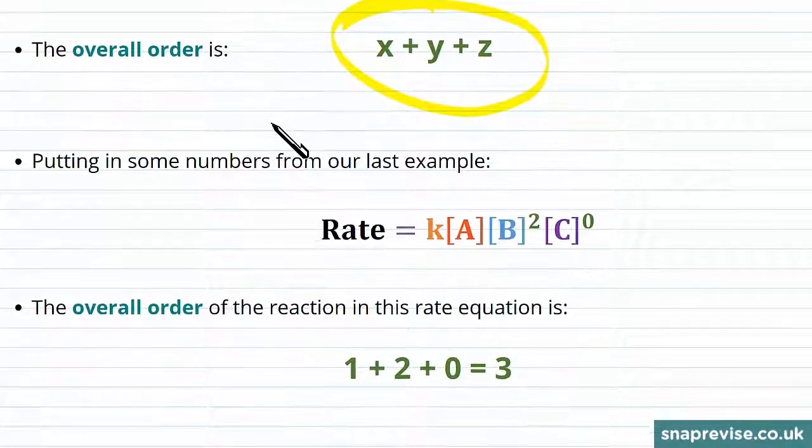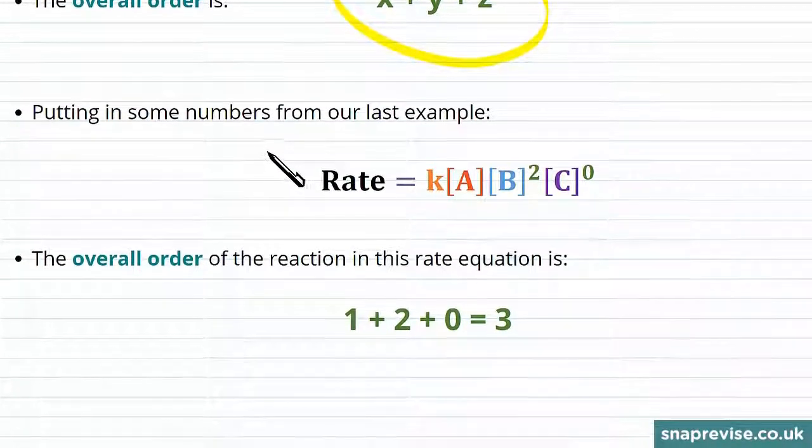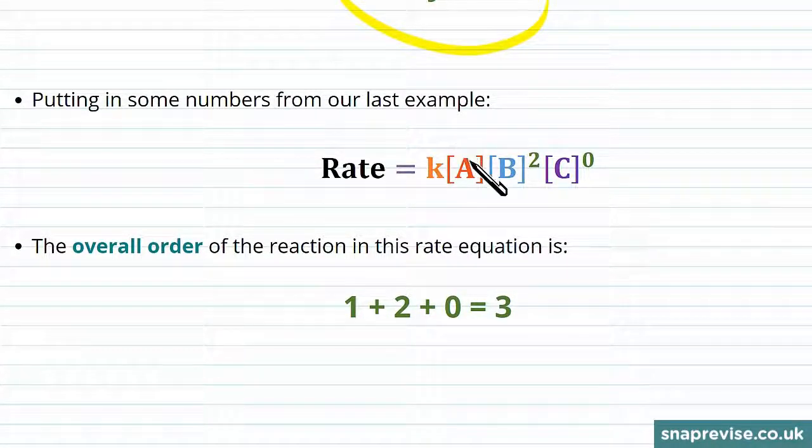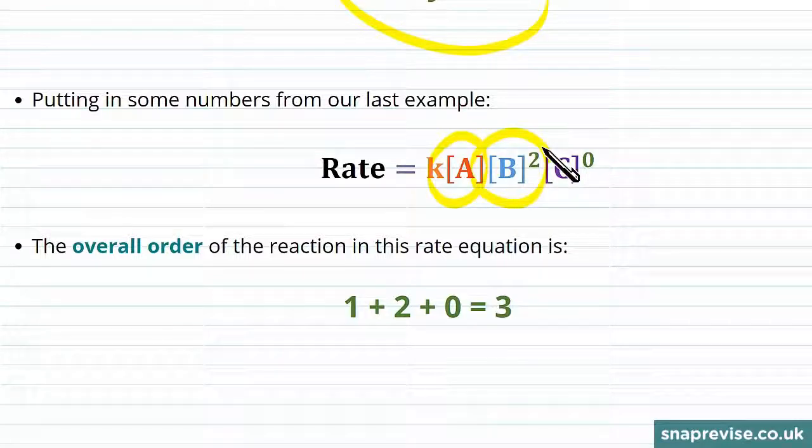So putting in some numbers from the example we saw in our last video, we had reactant A, which was order 1, so we haven't actually shown it here. We had reactant B, which is order 2, so we did need to show it. And we have reactant C, which is order 0. So we could have left C out altogether, but we're just showing it here for completion because this final order